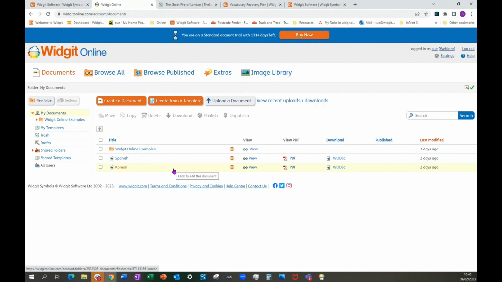Now, it's a while since I was a SENCO, but my class teachers created all the resources for the SEN children in their class. I did some stuff for the whole school, signage, labelling. I did a lot of demonstrating and a lot of encouraging, but it was the teachers that created the resource. If it's the teachers that are going to be creating, Widgit Online is probably your best bet because